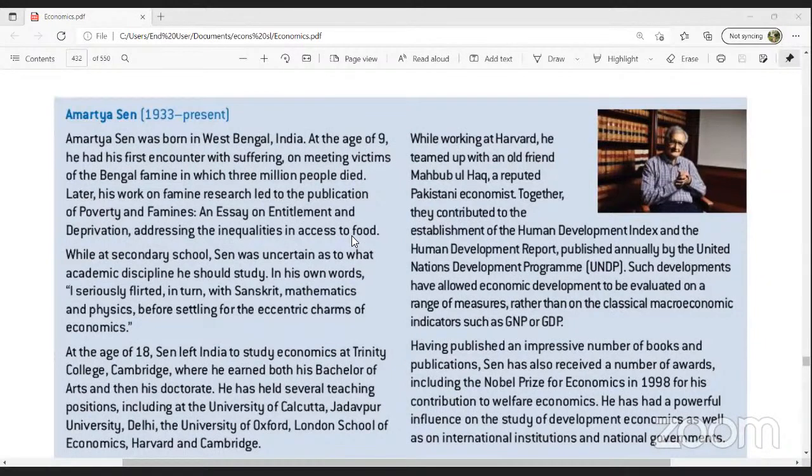While at secondary school, Sen was uncertain as to what academic discipline he should study. In his own words, I seriously flirted with Sanskrit, mathematics, and physics before settling for the eccentric charms of economics. At the age of 18, Sen left India to study economics at Trinity College, Cambridge, where he earned both his Bachelor of Arts and his doctorate. He has held several teaching positions, including at the University of Calcutta, Jadavpur University,